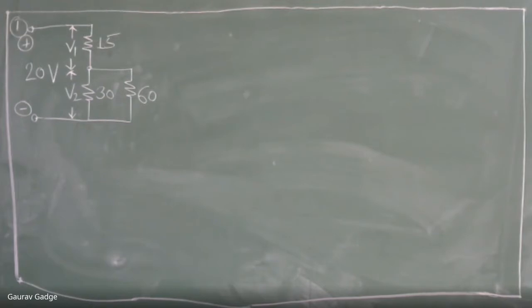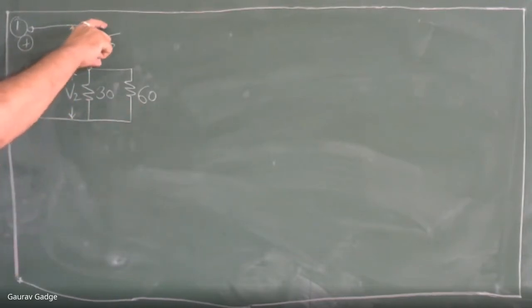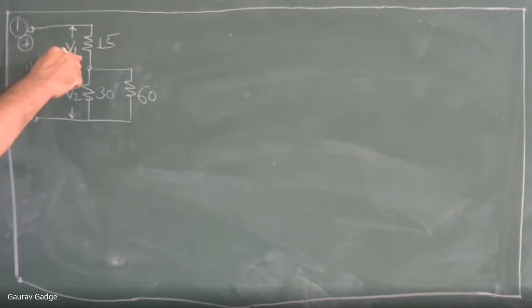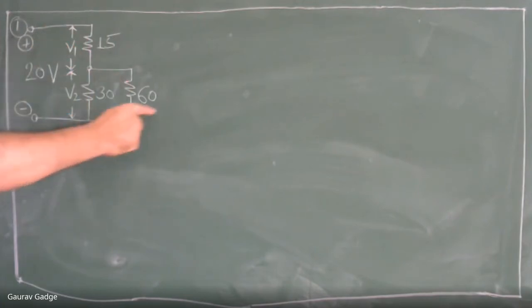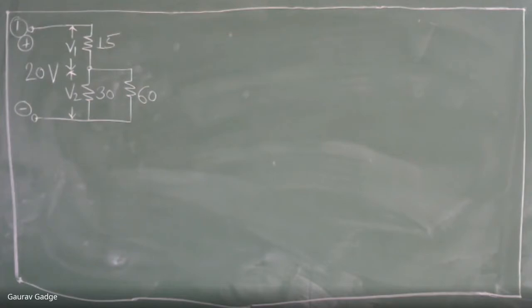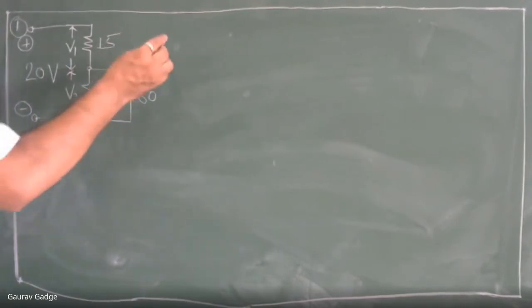So one thing which I just want to share here: if you have two resistances connected in parallel, but you are getting the voltage division in the circuit, then I suggest you solve this parallel combination. V1 is the voltage drop across 15, but this voltage division takes place due to the parallel combination of 30 and 60. You cannot use only 30 in the equation. I will show you how we get that.